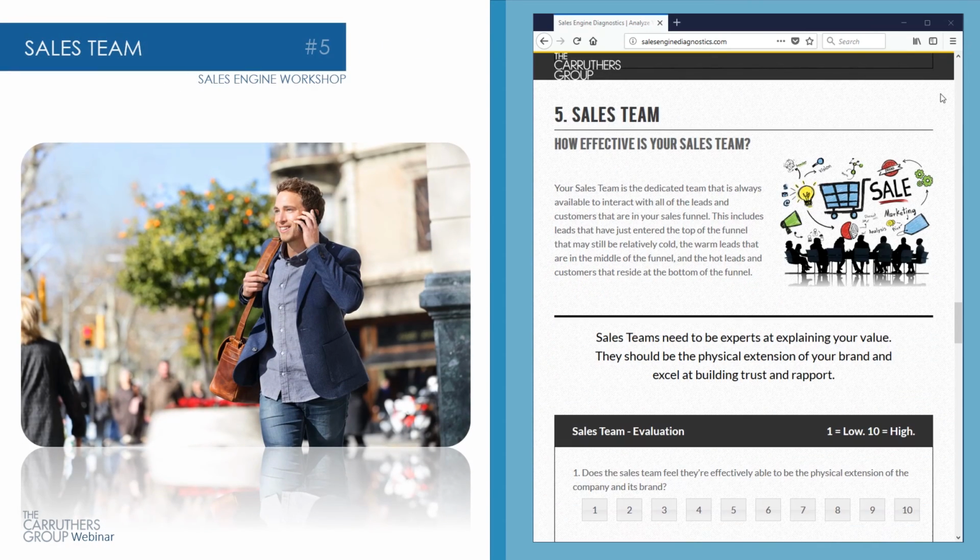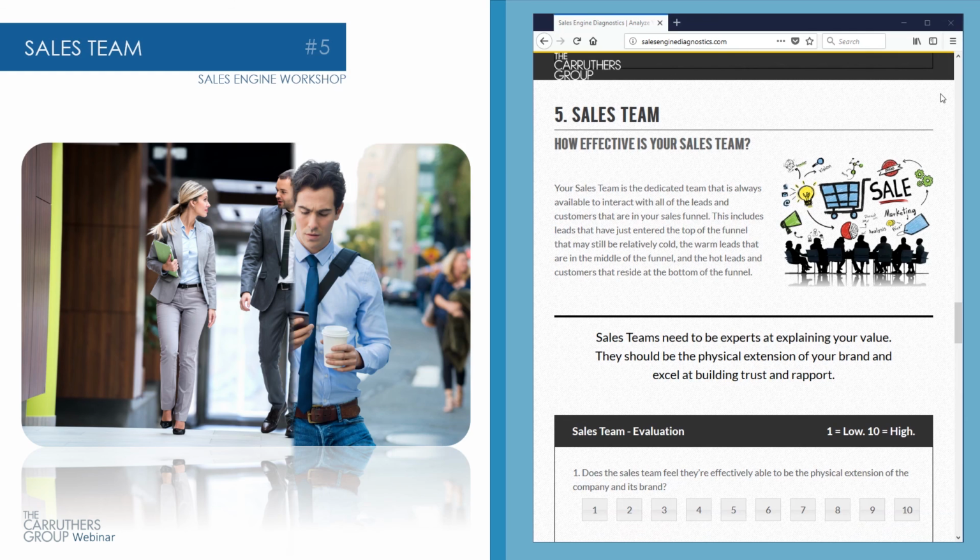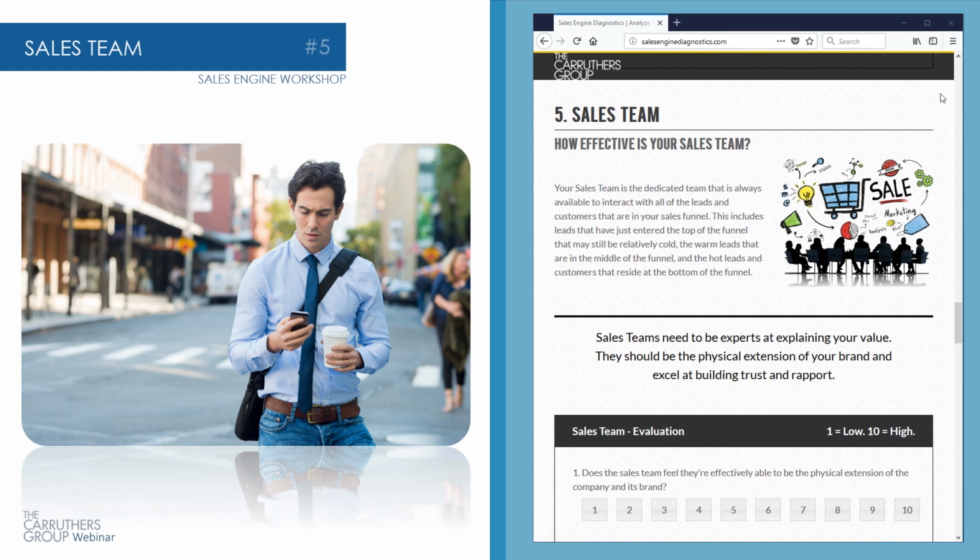Let's go ahead and talk about one of my favorite things of any sales system, the sales team. Look, I'm a firm believer that salespeople are the lifeblood of an organization. And I'm also a firm believer that some salespeople really are born. But I'd also tell you some salespeople are really made. And the take-home message here is there's no college. No one went to school to become a salesperson, right? But if you want to be a great salesperson, if you want to have a great sales team, it's about intentionality. It's about taking the extra time, the extra moments, and getting better at your craft.